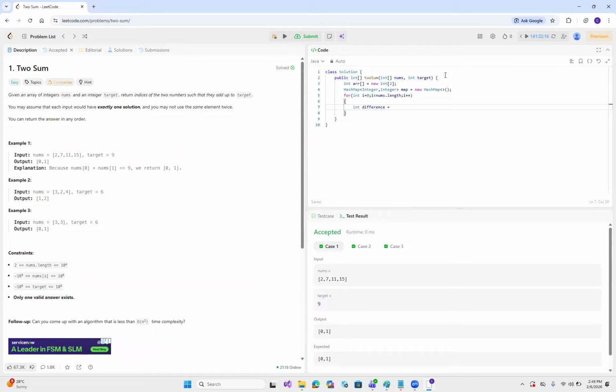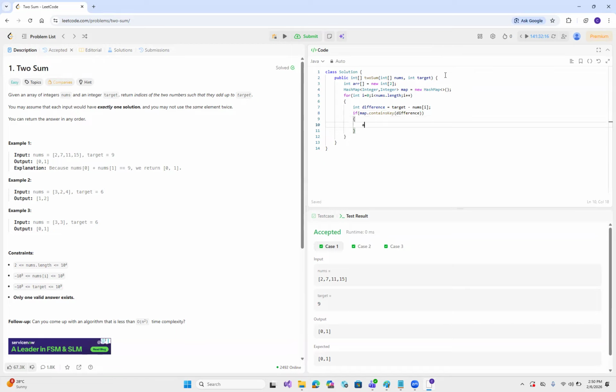Int difference is equivalent to target minus nums of i. We'll do it like this. Now, what we will check is if map.containsKey(difference),